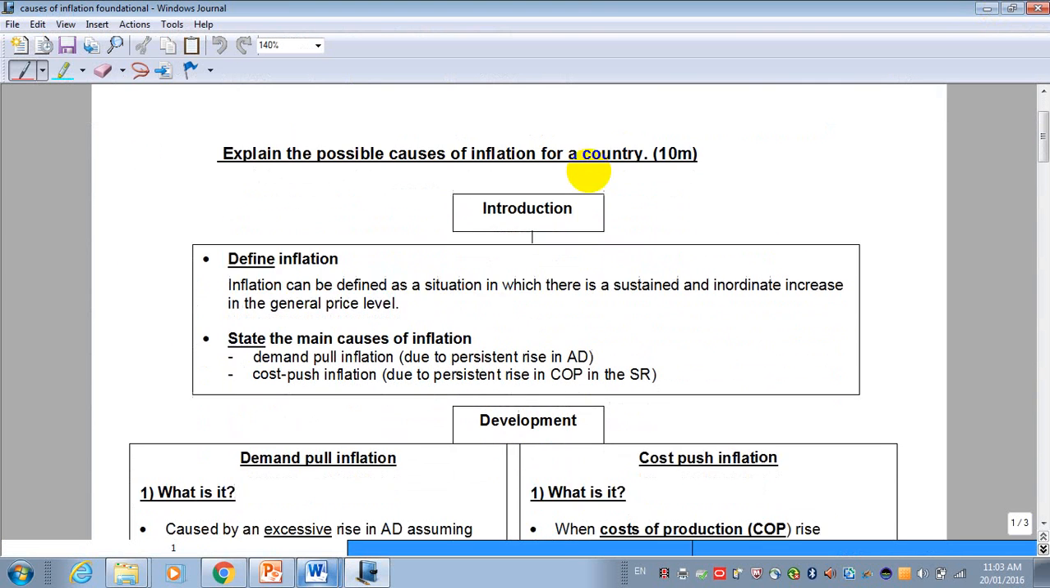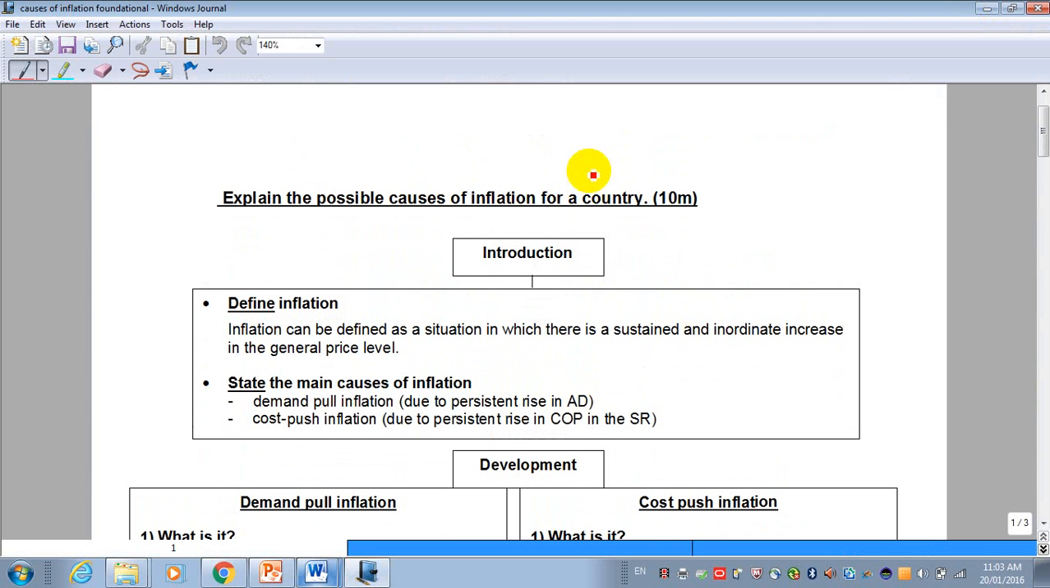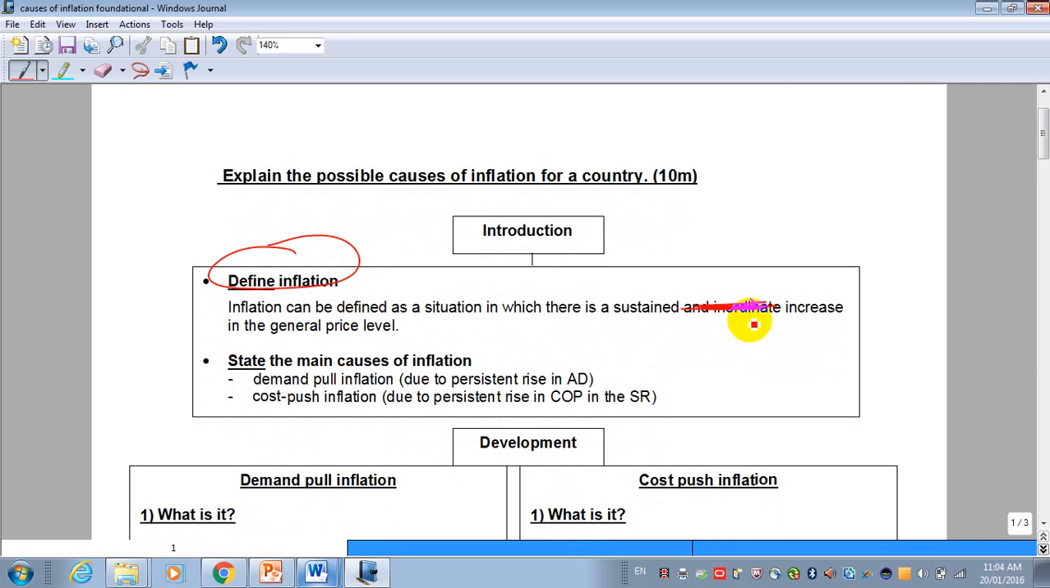Alright, okay, now, if it's an essay question, what you need to do in the introduction first is of course to define inflation. Just define inflation as a sustained increase in the GPL, which you know about just now, and you state, boys and girls, state that the causes of inflation, you don't just think of the AD, you also think of